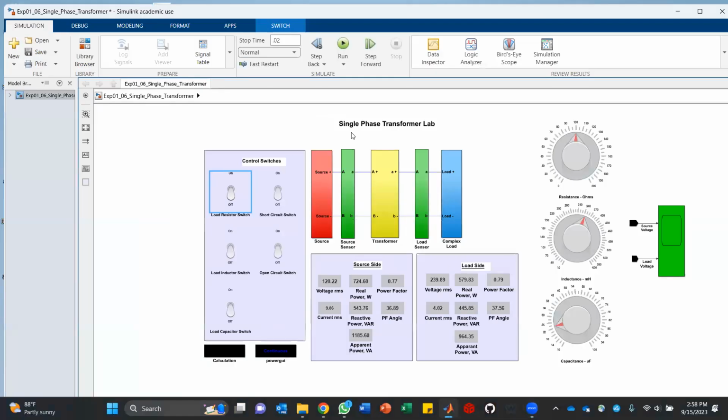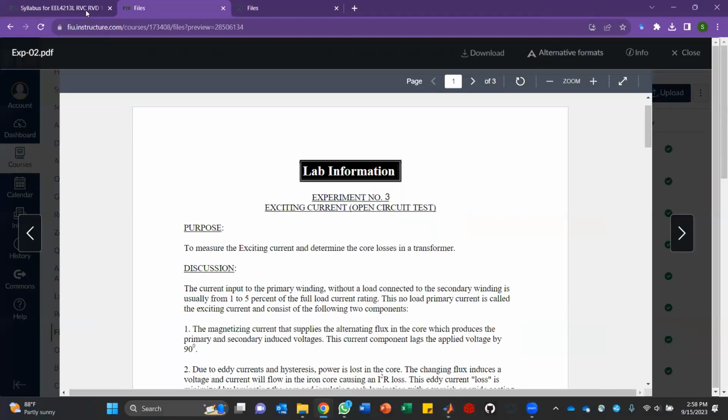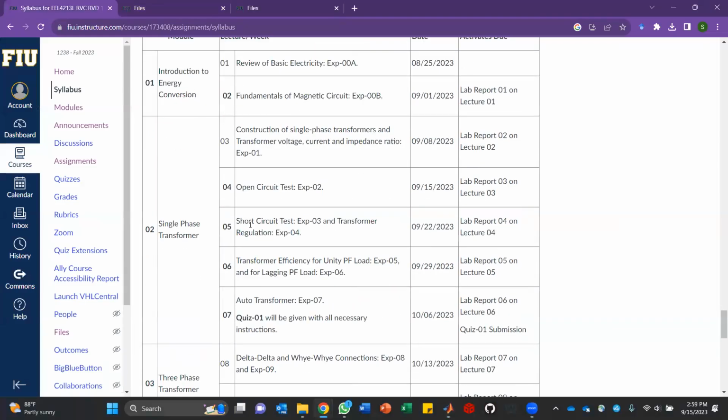So this is a single phase transformer lab. You can experiment with it at home using MATLAB Simulink. I will be providing you this one so you can do all sorts of experiments. Why I didn't give you this yet, because let's go back to the syllabus. I want to give you this one after I'm done with the efficiency part, because I want you to have the knowledge of